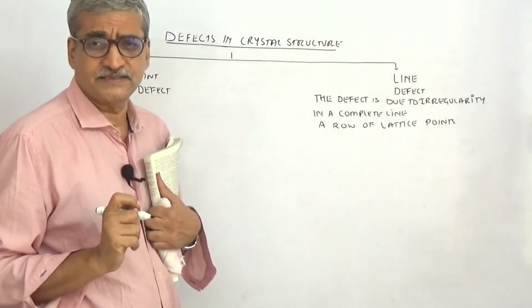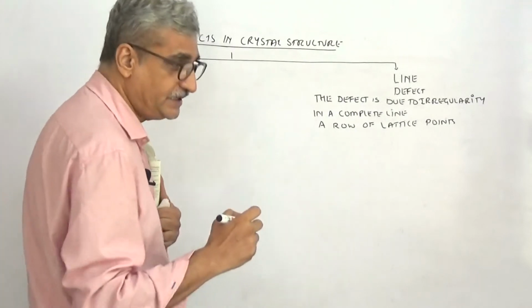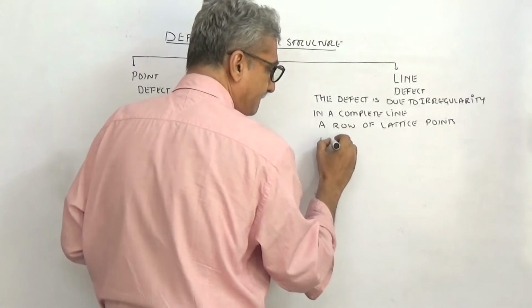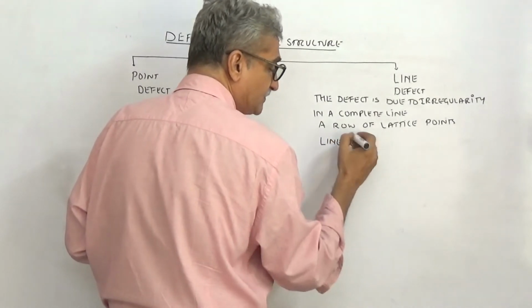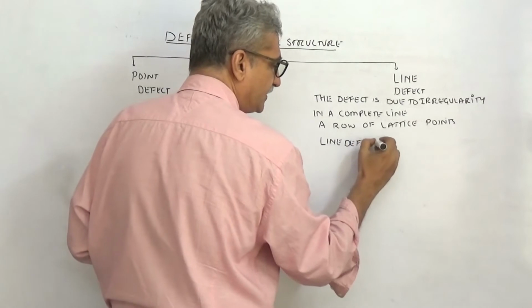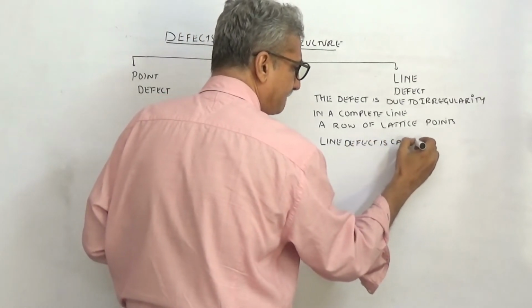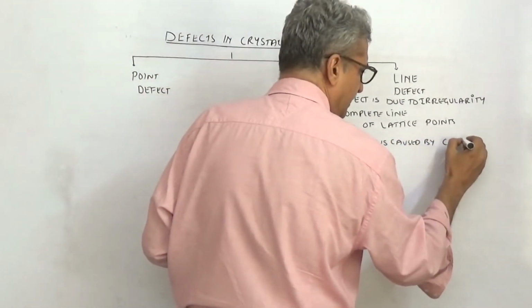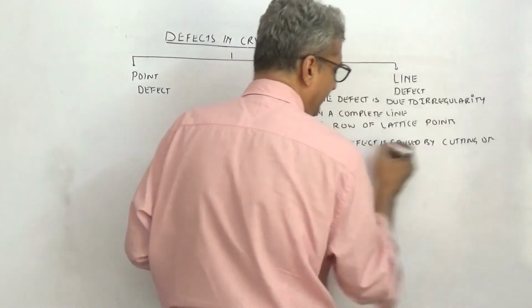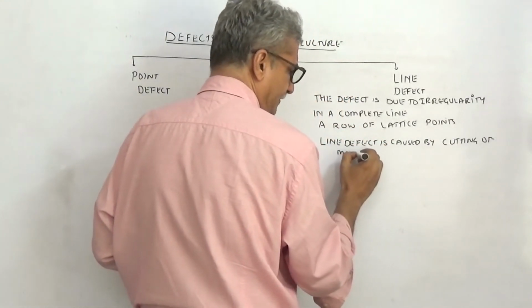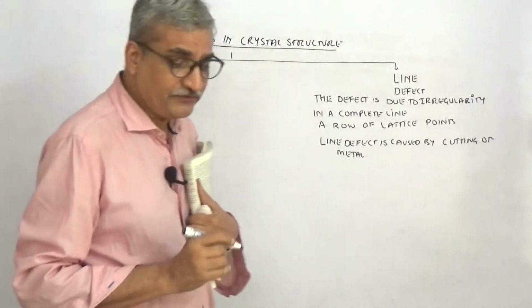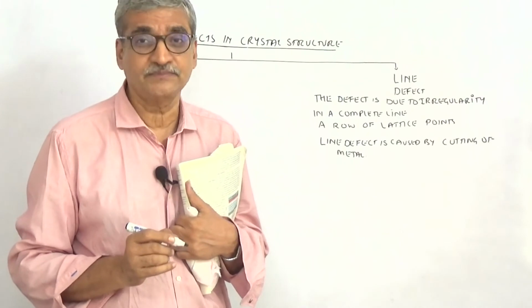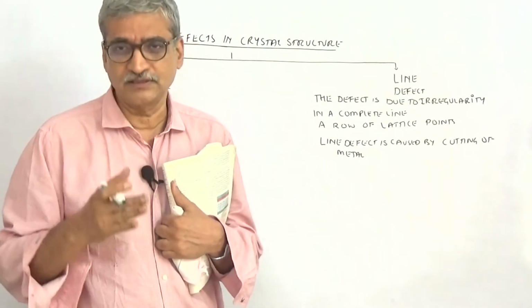And the question arises, what causes a line defect? So that is extra knowledge now. A line defect, and this is where the explanation will be understood, is caused by cutting of a metal with a knife. It's like, for example, we always say in 10th standard, sodium is a very soft metal. It can be cut with a knife. Potassium, even to some extent magnesium, you can cut a little bit.